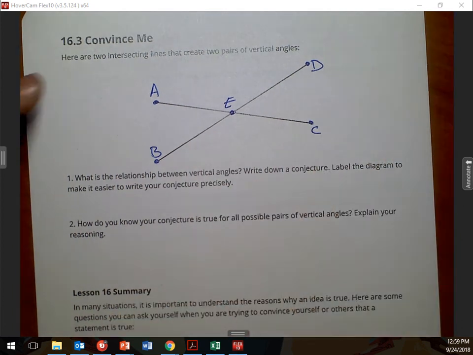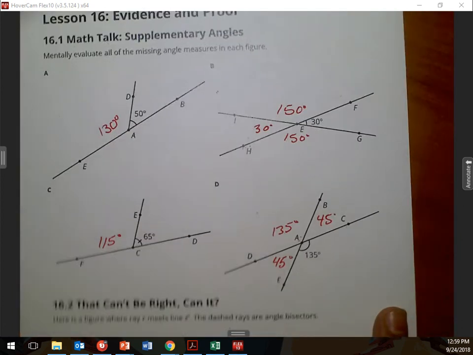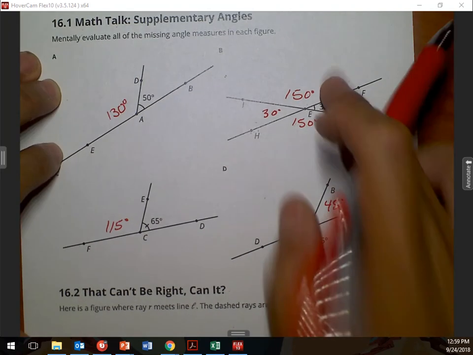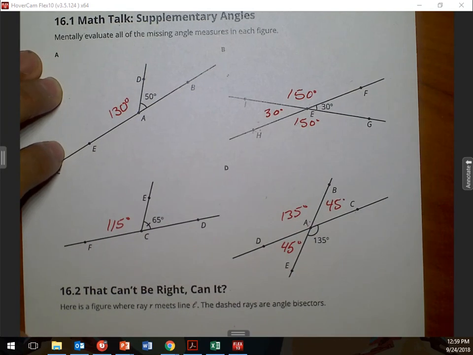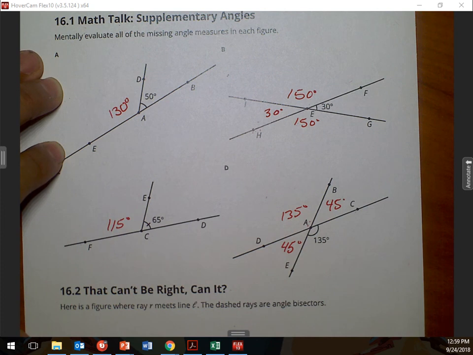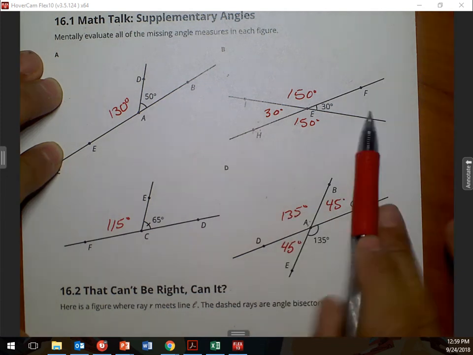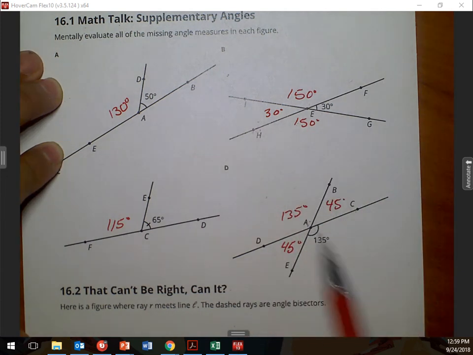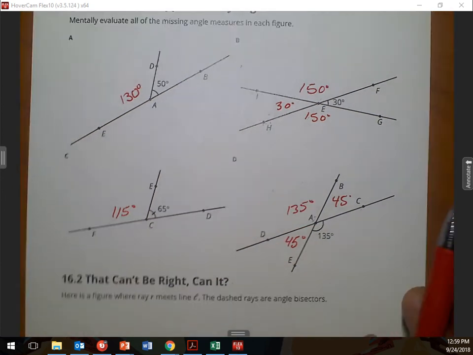So now, if I go back to 16.1 like I told you guys to do, I have 2 here that are vertical angles, don't I? I have 2 of them that are going to be that shape, right? Okay. So, 2 of them make the shape. Now, can you tell me what's in common about these? They're the same on each side. Very good. They're the same on opposite sides, right?